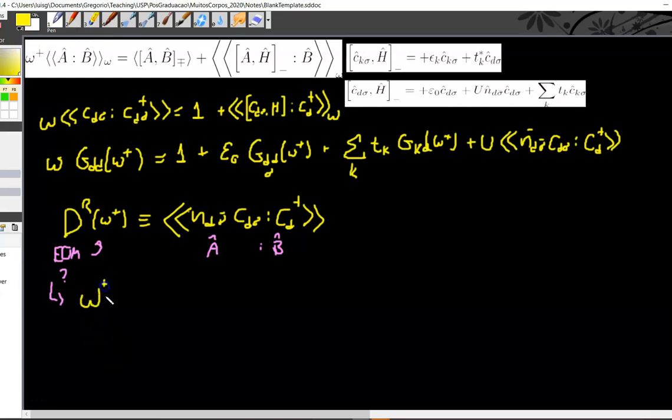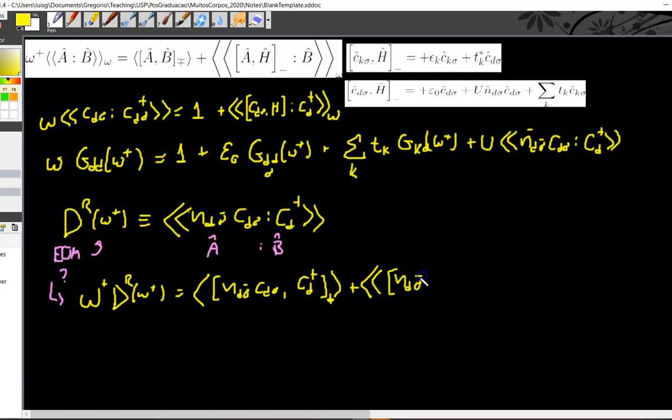Omega plus times D equals what? Equals the commutator of A and B, N_d sigma bar C_d sigma with C_d sigma dagger, which here I can see is not going to be a number. It's going to be an operator, right? So this is actually the anti-commutator. Well, this is fermionic, because this might be bosonic, but this is fermionic. So I'll have to use the plus sign there, okay? And this will give me the commutator of N_d sigma bar C_d sigma with H